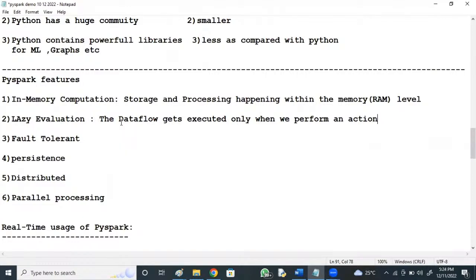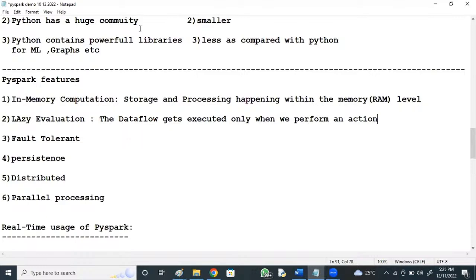If there is no exam, you won't read. Here also, in Spark you define the entire data flow, but it executes only when you perform an action. Otherwise it won't. That is lazy evaluation.